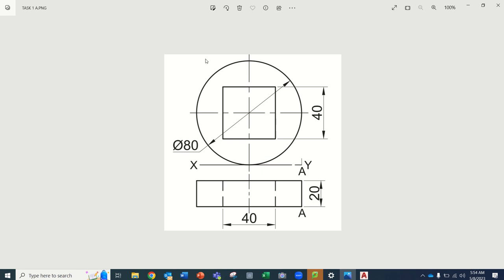Hi guys, welcome to this video tutorial on how to do an isometric construction. We're going to be looking at this particular model that you see now on the screen. This is a model that you probably already constructed in your textbooks. We have a circular prism, or a cylindrical prism, with a square hole that runs directly through it, a through hole